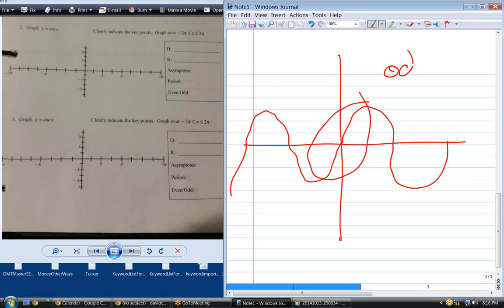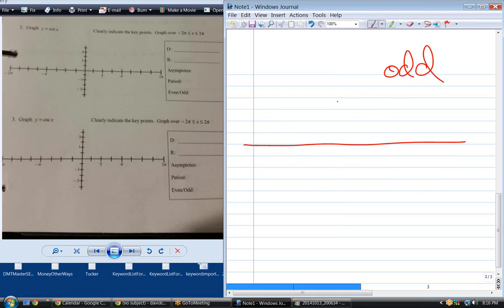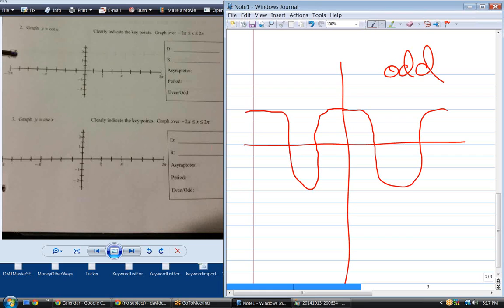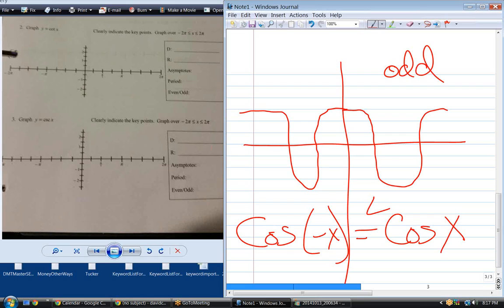So sine is odd. Cosine is even. Notice that cosine has perfect symmetry about the y-axis. And that's why the cosine of minus x is equal to the cosine of x, which is characteristic of an even function. So cosine is even, sine is odd, their reciprocals are the same,